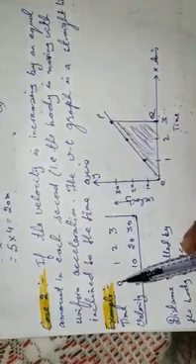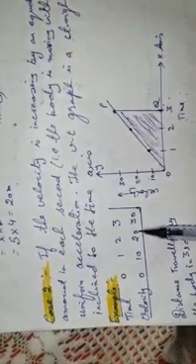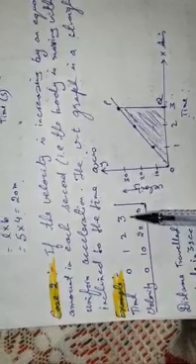Now coming to case 2: if the velocity is increasing by an equal amount in each second, that is, the body is moving with uniform acceleration, the velocity time graph is a straight line inclined to the time axis. You can see from this figure. Again I have taken an example. Let's see from this table that velocity is increasing: 0 meter per second, then 10, then 20, then 30, increasing by an equal amount in each second. Velocity is increasing, so we have plotted the graph.